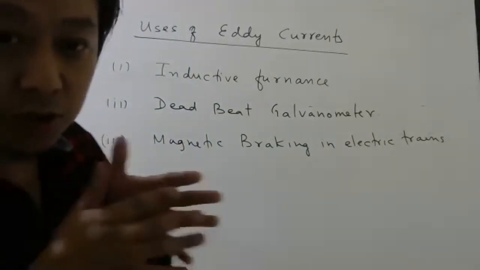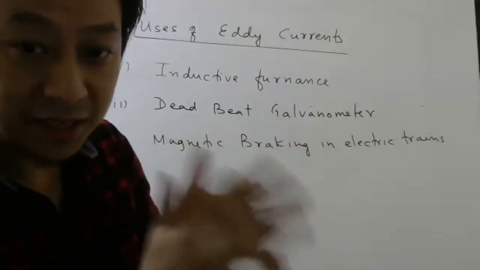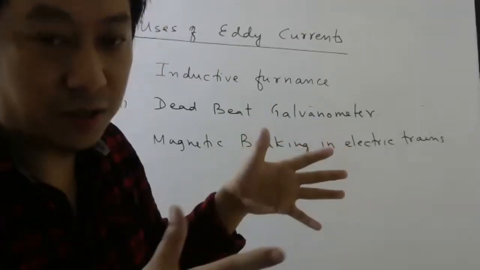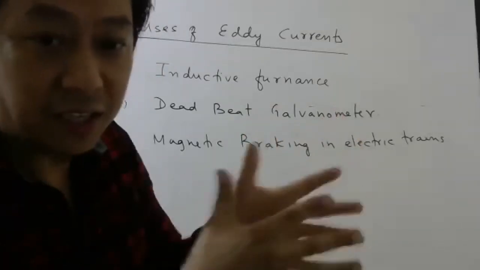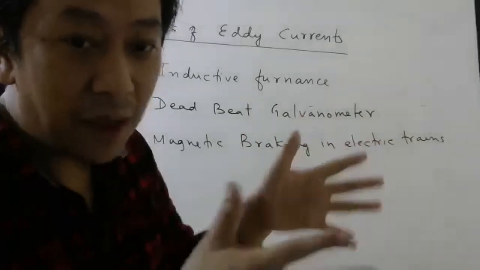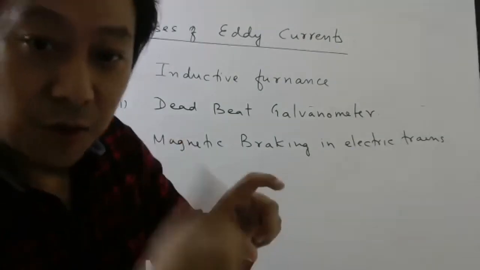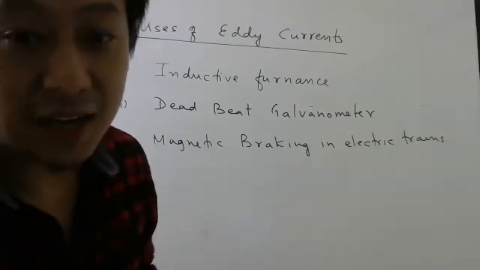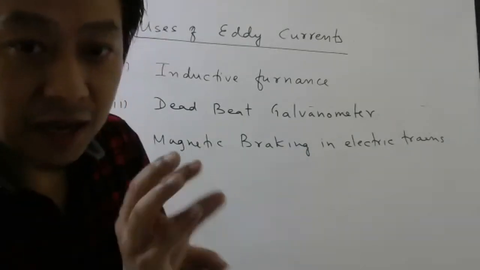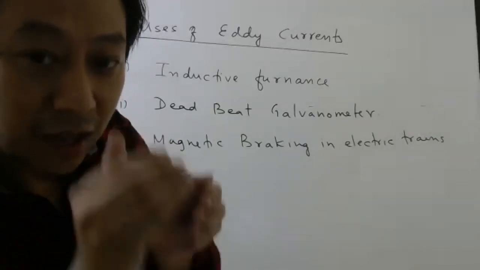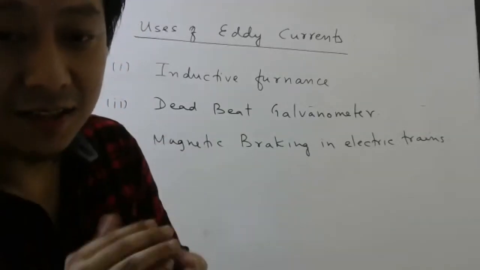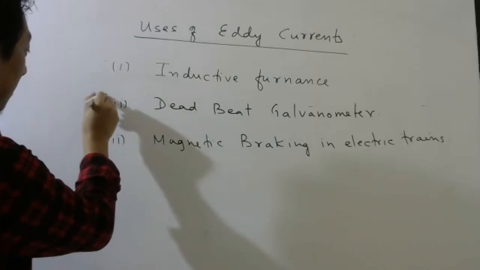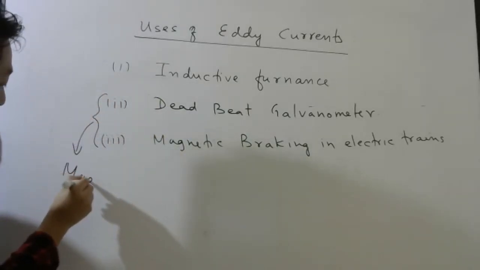So what happens is, in those electric trains, the wheels will be metals. So as you want to stop them, from the sides we apply huge magnetic fields, produced by superconducting wires. As it is moving in a magnetic field, eddy currents will be produced. When eddy currents are produced, heat loss occurs, and that heat loss comes from where? From the mechanical energy. So if you give some mechanical energy to the pendulum, and if the energy is getting lost as heat, then it will come to stop quickly, remember. So these two are basically based on magnetic damping.